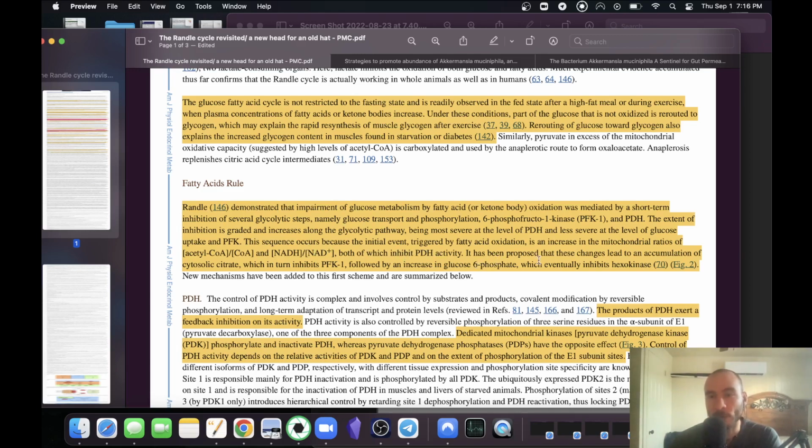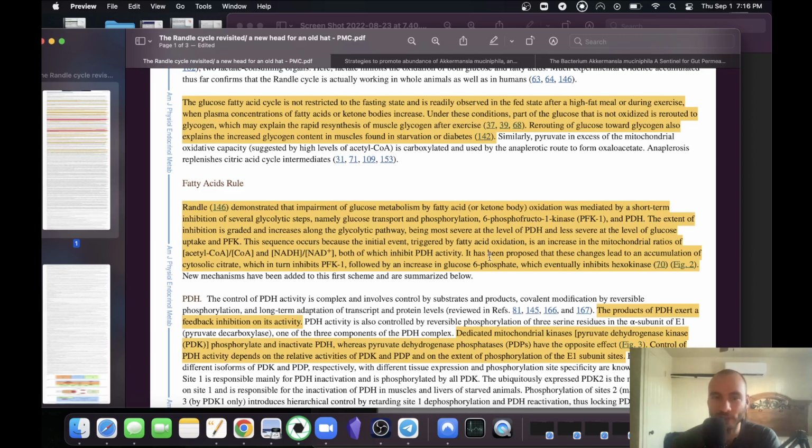Then they say it has been proposed that these changes lead to an accumulation of cytosolic citrate, which in turn inhibits phosphofructokinase, followed by an increase in glucose 6-phosphate, which eventually inhibits hexokinase. So hexokinase is the enzyme that takes the glucose, helps to create glucose 6-phosphate and bring that glucose into the cell. However, a buildup of glucose 6-phosphate, basically a buildup of the product of this reaction, inhibits the reaction to some extent. Again, they talk a little bit about this in more detail, but this is not as